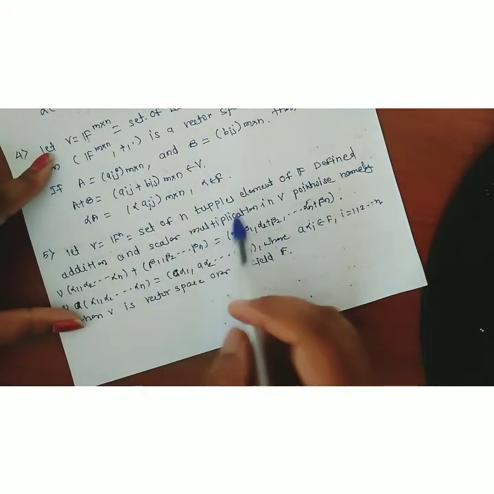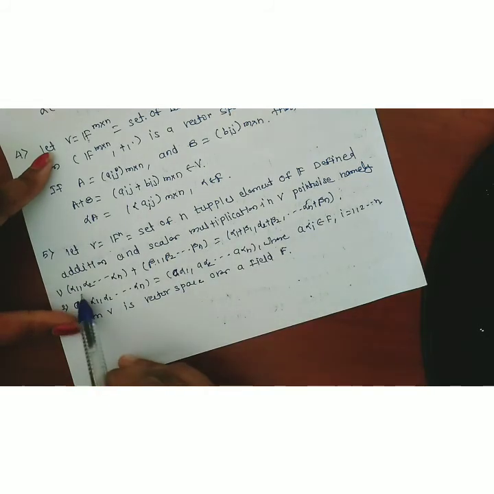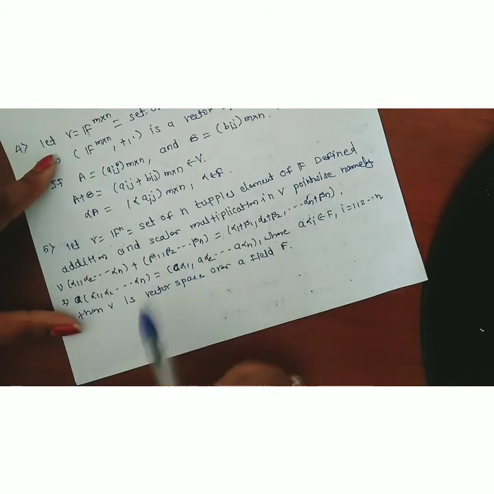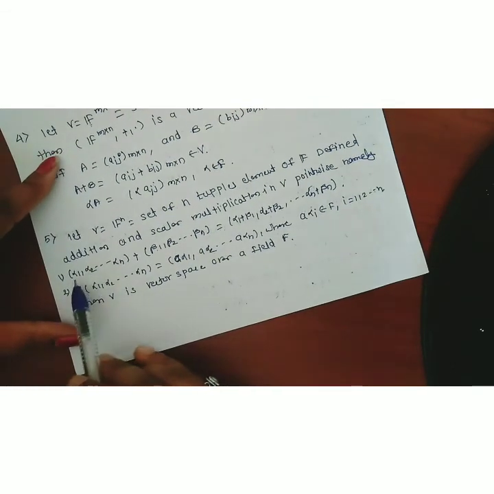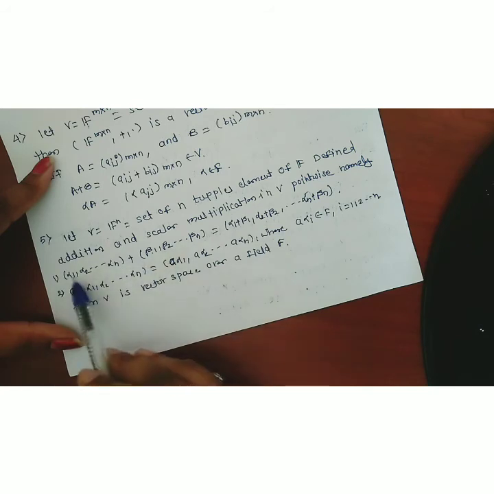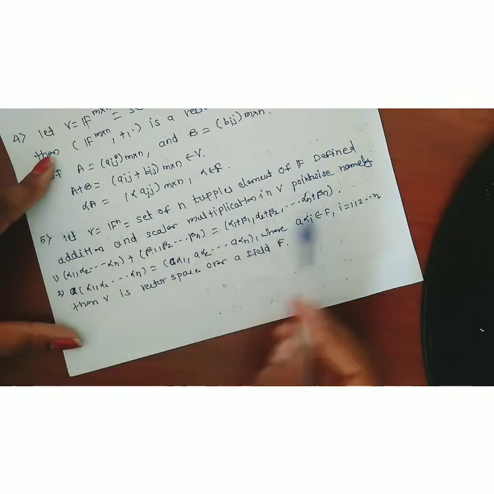Fn is a set of n tuples. An n tuple can be given in the form (alpha 1, alpha 2, up to alpha n). How many elements are present there? There are n coordinates present in that n tuple. Okay, this is again a vector space, and the operations given are addition and scalar multiplication. The addition of these two tuples belonging to Fn, (alpha 1, alpha 2, alpha n) plus (beta 1, beta 2, beta n), is defined as the addition of the first two elements, alpha 1 plus beta 1, then the second coordinates, alpha 2 plus beta 2, and so on, up to the last elements, alpha n plus beta n.